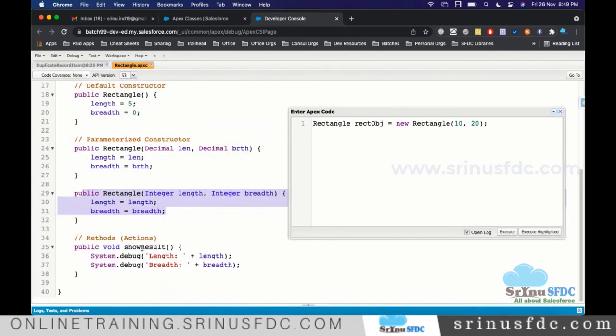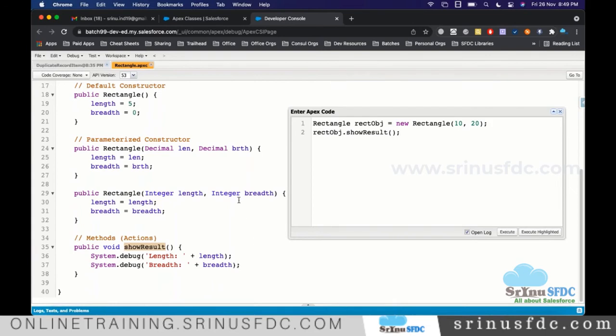Now when you try to call this show result, what is the result we see? Anyone? What did you understand? If I call this with that object, what would be the value for length and what would be the value for breadth? Null value for both. But someone is saying 10 and 20. Let's see.